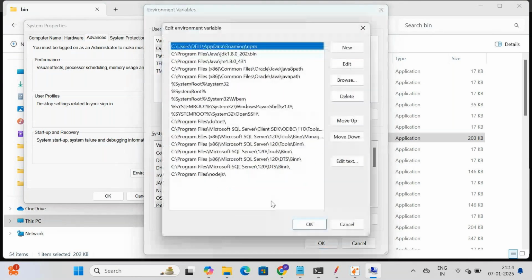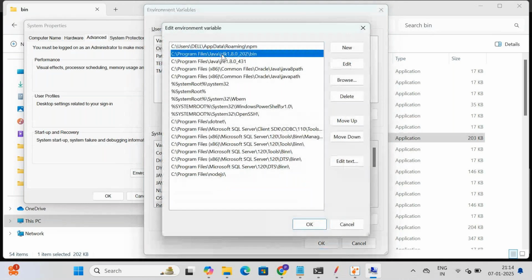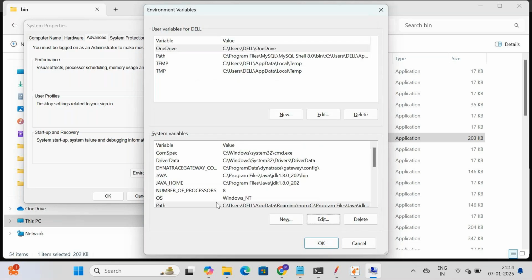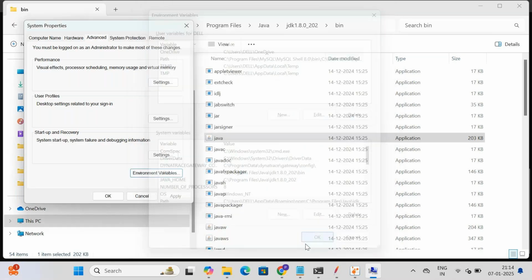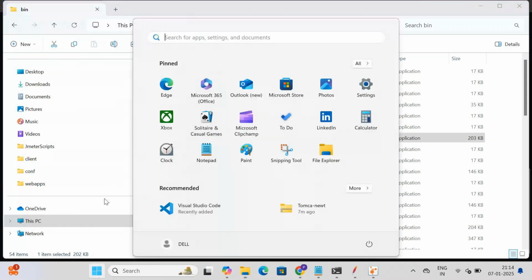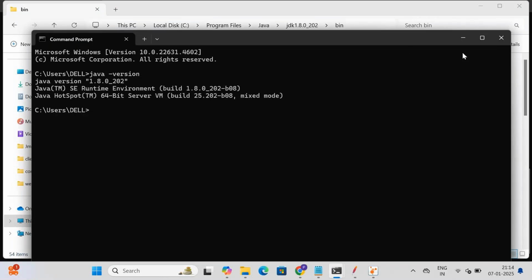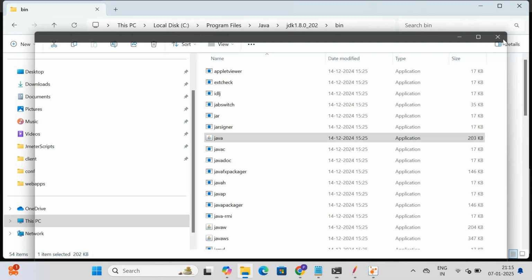In the path as well, you provide the same java.exe path up to the bin folder. Okay, create a new entry and then add this. So three things: JAVA_HOME, path, you add it, and then come back and open the command prompt, type java -version. You should get this. Okay, that's the first prerequisite. Download Java, install Java in your system, set the environmental variables like what I did, and then check for the version. This could be one of the problems if your